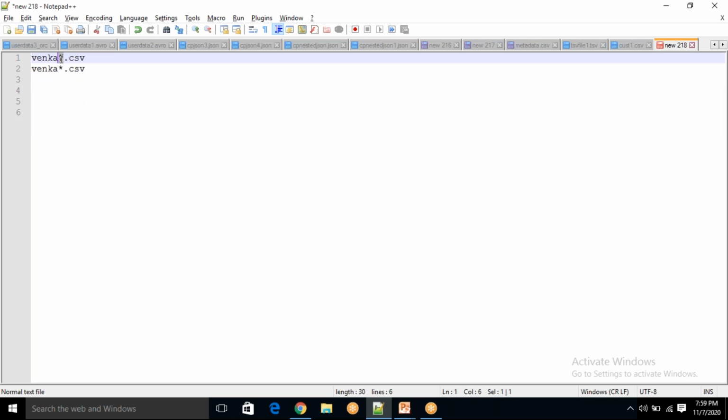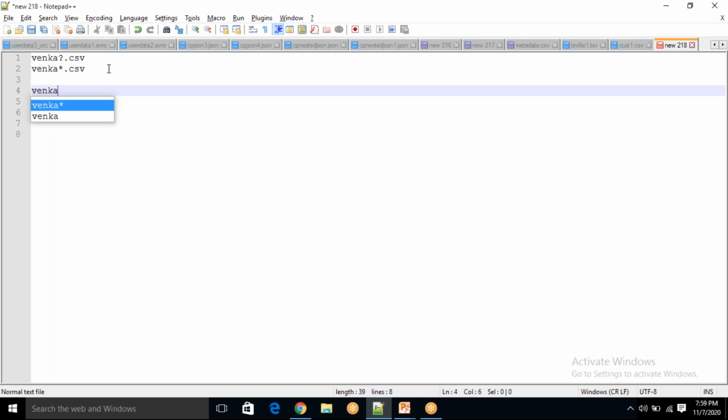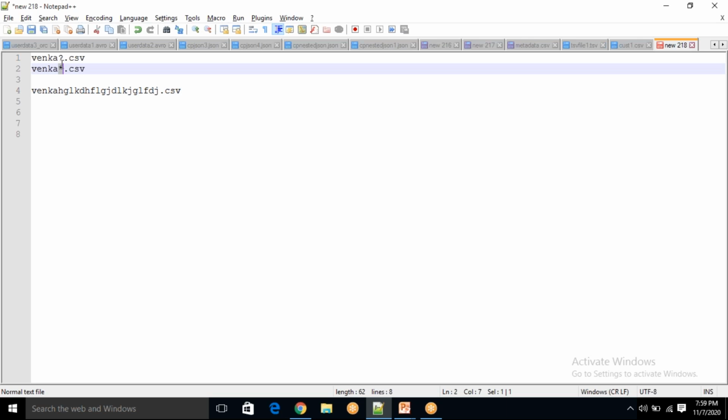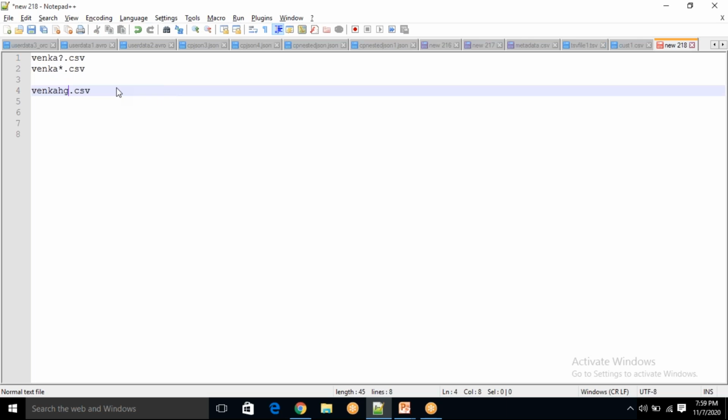Now here 1 character only, but star means the file should have Venka and then .csv. In between, you can have something, or you need not have anything. If you put star, star will allow anything here, but question mark will allow only 1 letter.